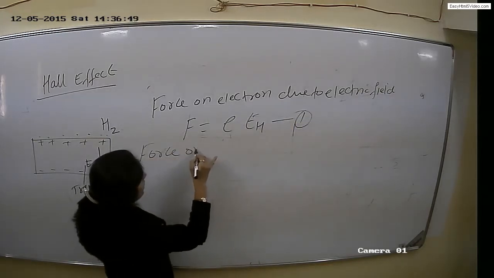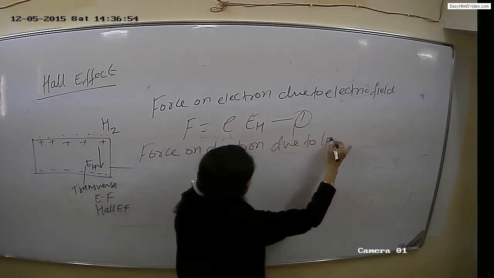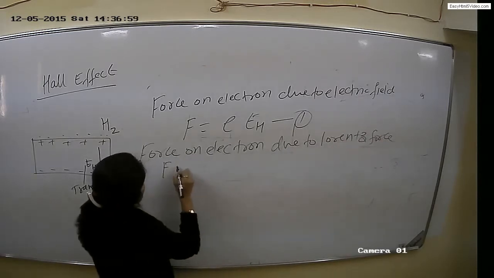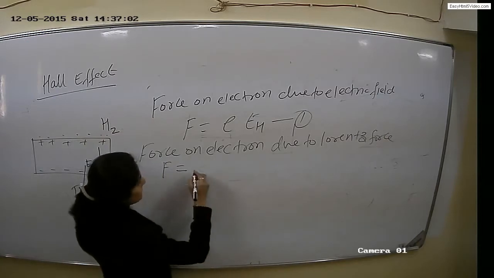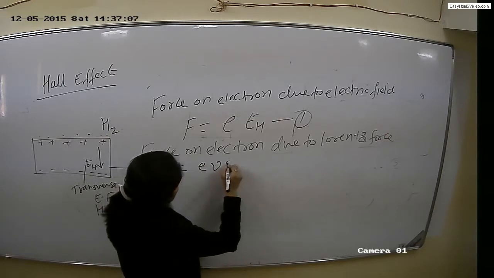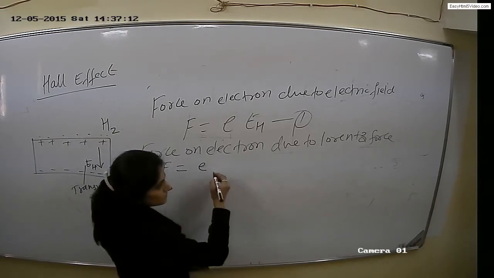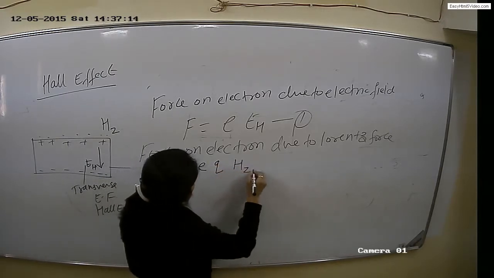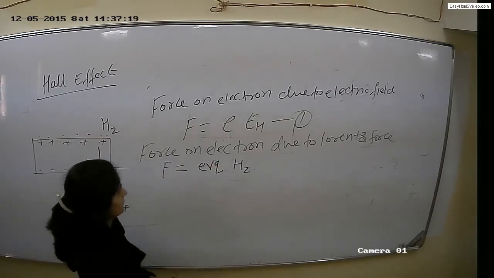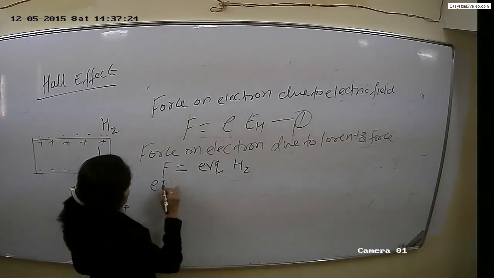Another is force on electron due to Lorentz force, F is equal to eV into B. This is the Lorentz force. Equating both the equations, we get